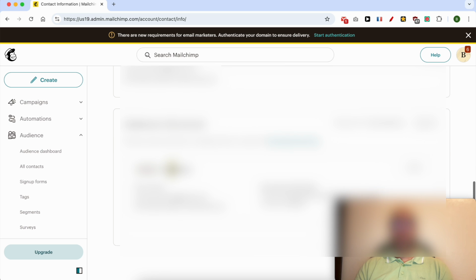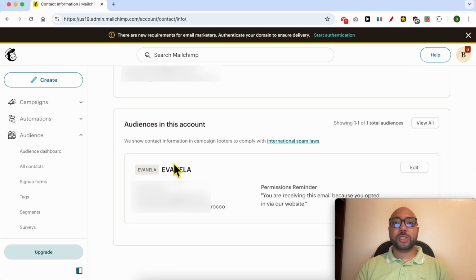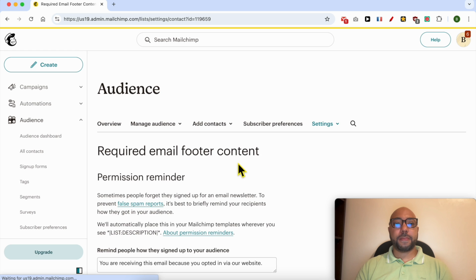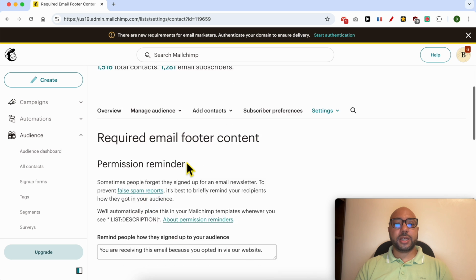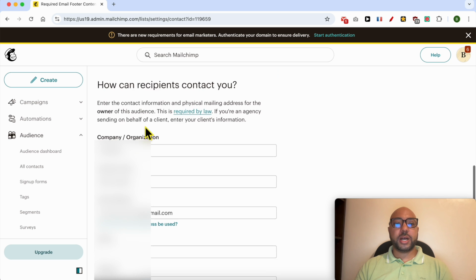And to edit the contact information shown in your messages footer content, just below audiences in this account, click on edit next to the audience you want to edit the contact information for, and scroll down to how can recipients contact you, and here you can edit the contact information shown in your